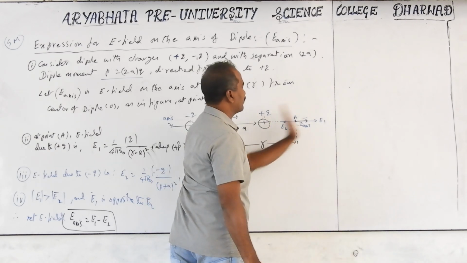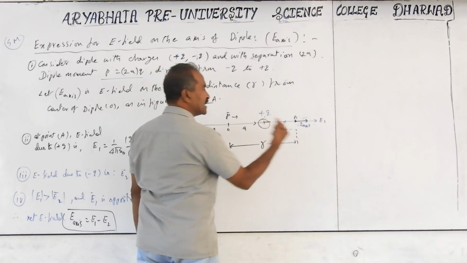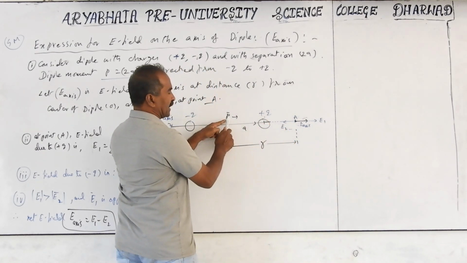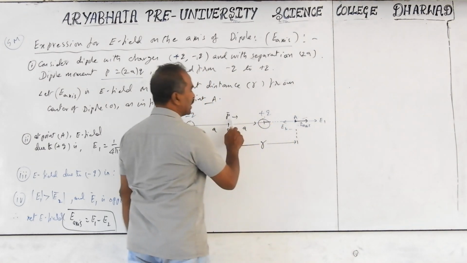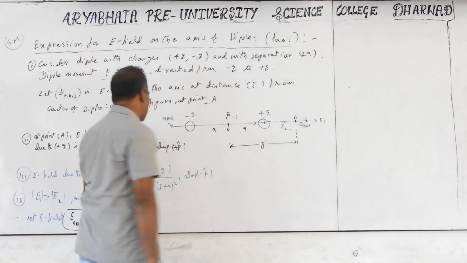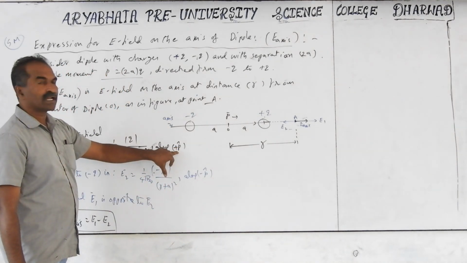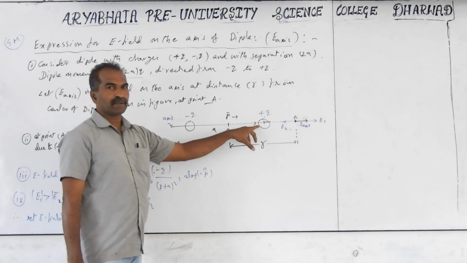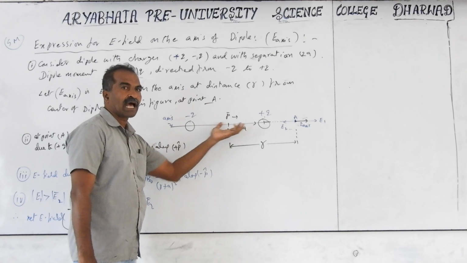So E axis will be away from the positive charge. Instead of saying that, what we mention is E axis is parallel to P, meaning dipole moment is from minus to plus in this direction. So E axis and P are in the same direction. We can mention it as P bar or P cap. This P cap indicates the unit vector direction of P. So plus P vector means the same direction, minus P vector means the opposite direction.